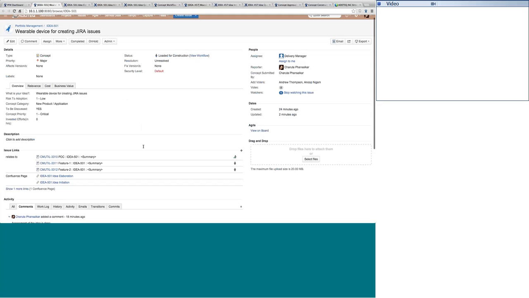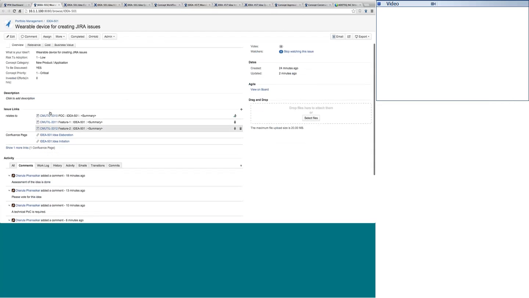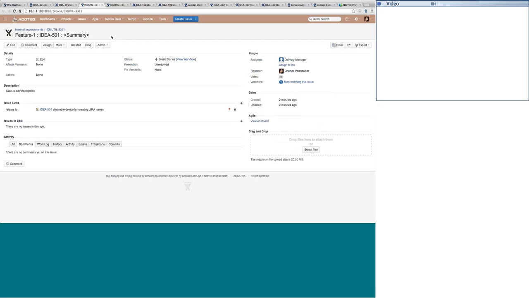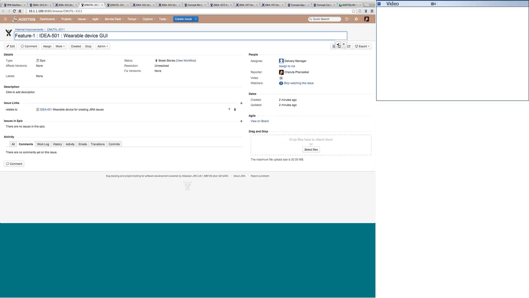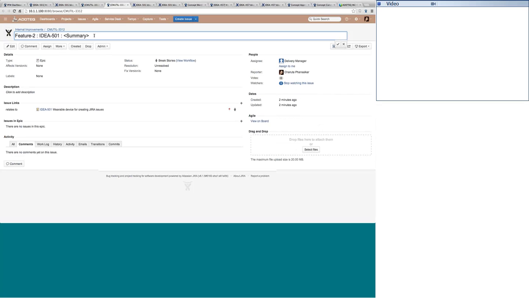You can see that there are these two epics which got associated with this particular concept. If I open any of these two epics, now let's say that there's one person who is going to look after the device GUI and the other epic which is going to be completely managed for, say, the backend or backend integration. So backend integration and the GUI are going to be two different epics which can be run parallelly, and the entire work can be seen directly through this idea.